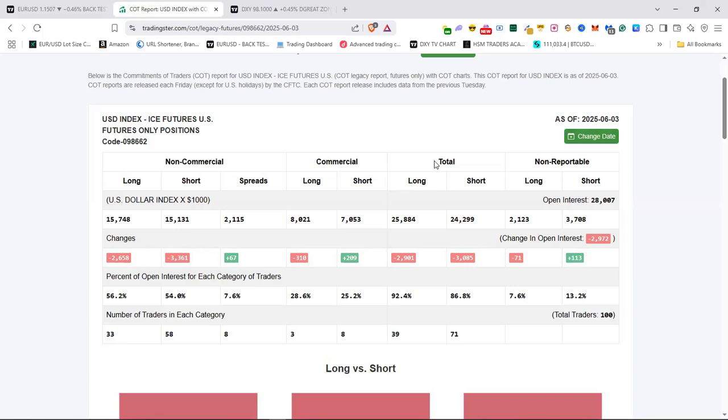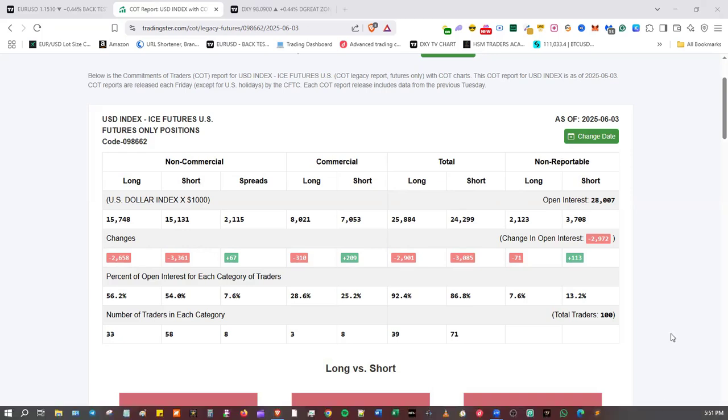Now you can see this is total. Total is what? 25,884 and short is 24. So they were increasing their long position and they were reducing their short position before the release of the NFP report and CPI report. Now after we release CPI report and NFP report, which is now, like I was saying,